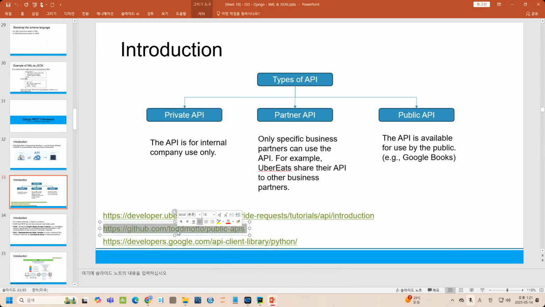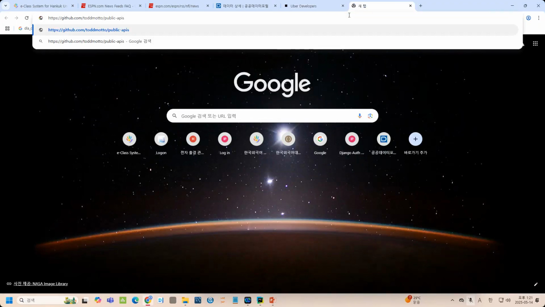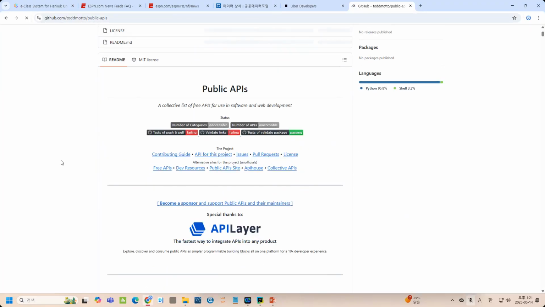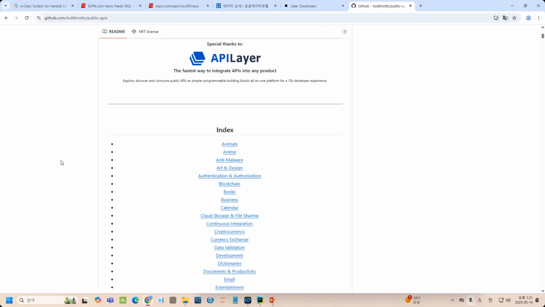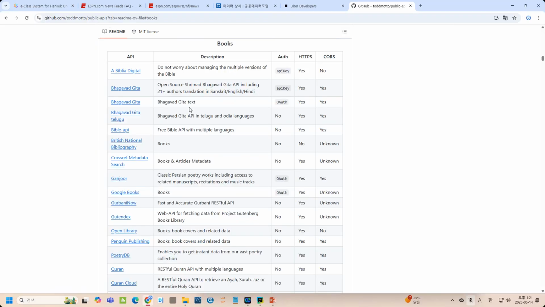This is another API. It is a public API. So there are so many APIs that are publicly available. I'm not sure what you are going to do in your team project, but if you need those APIs, you can try to leverage them. For example, maybe books. Okay. So there are many APIs like